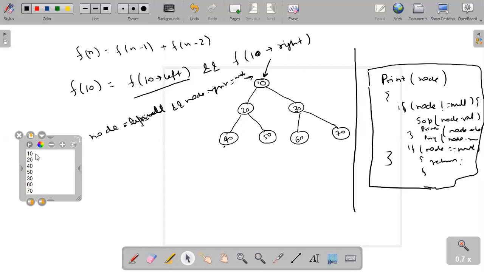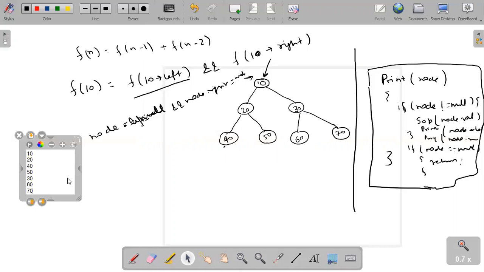If you observe carefully, first the parent, then the left side, then it went right side and printed 50. Once this is done, it went to the right-hand side. First parent, then left, then it printed 60, then right.